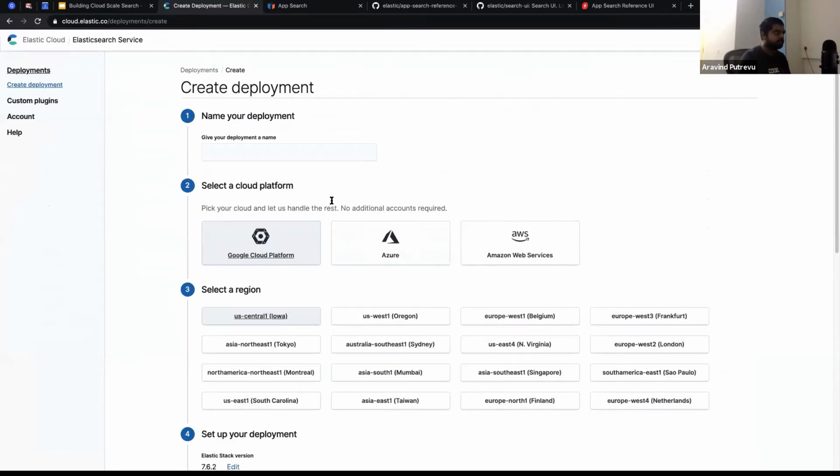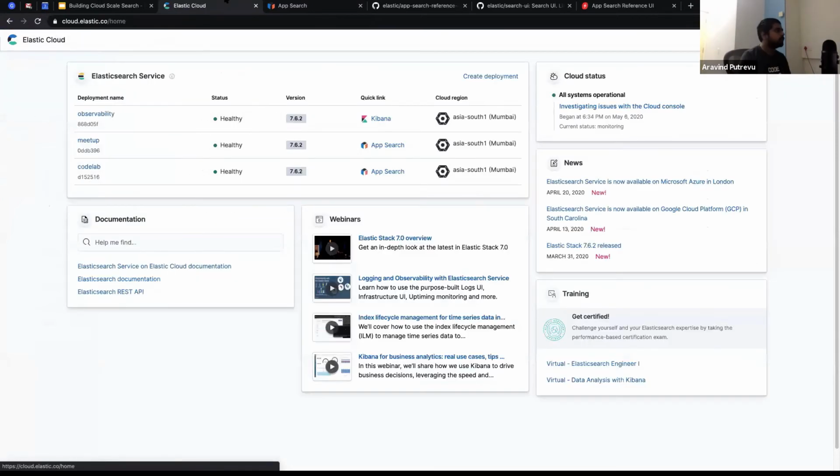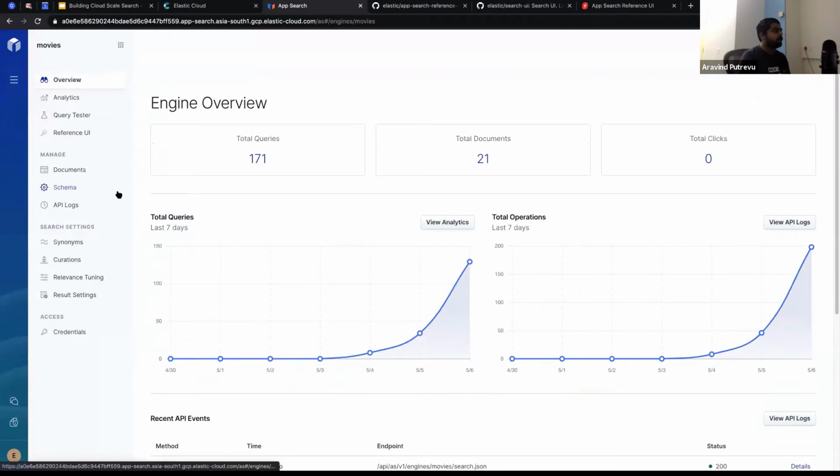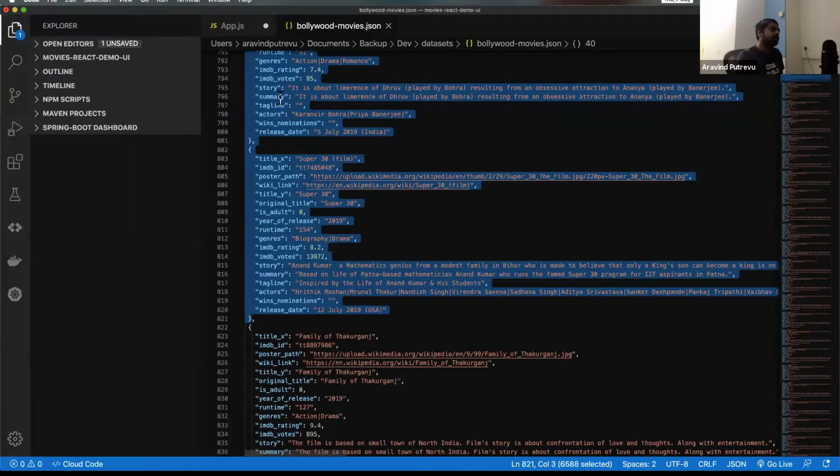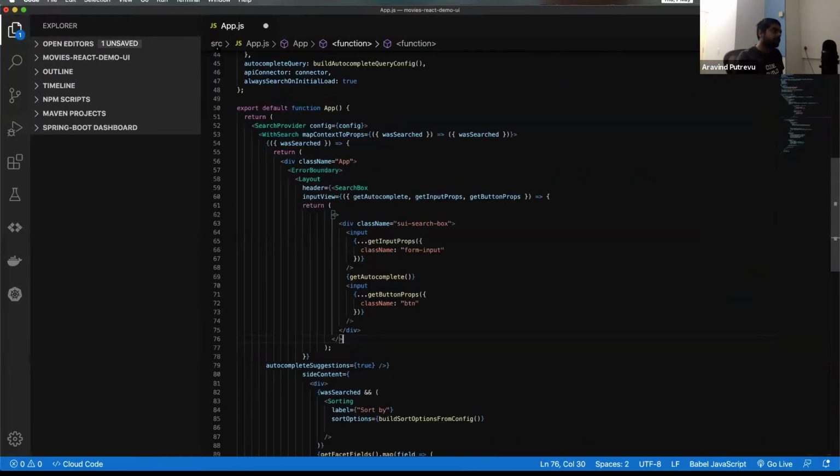So it's pretty simple. Let me quickly get back. So yeah, I have this second engine, which says movies, not movies EN, and I have a bunch of documents, and then I have all the same settings. Now, before I come to these settings, I'll show you how the app looks, and what are the various things that you can simply do with it.